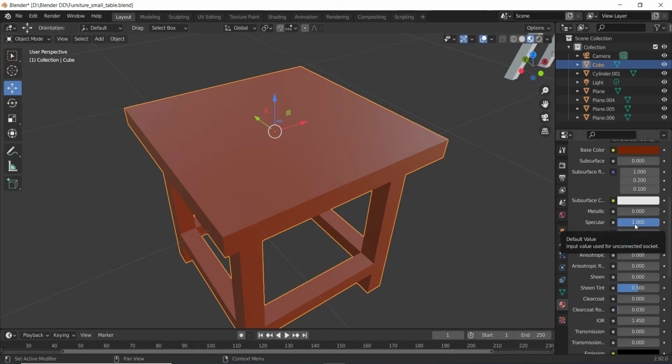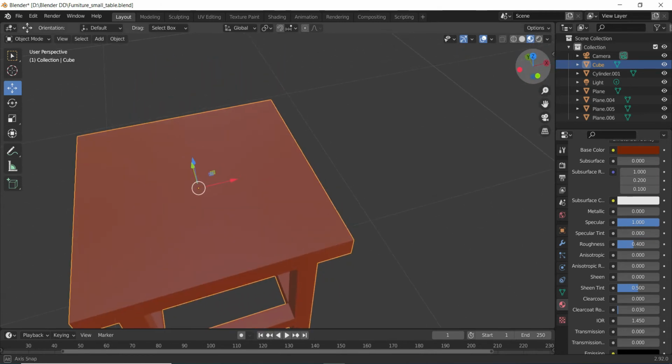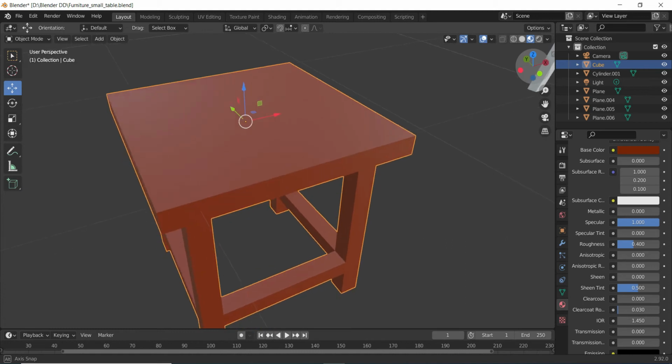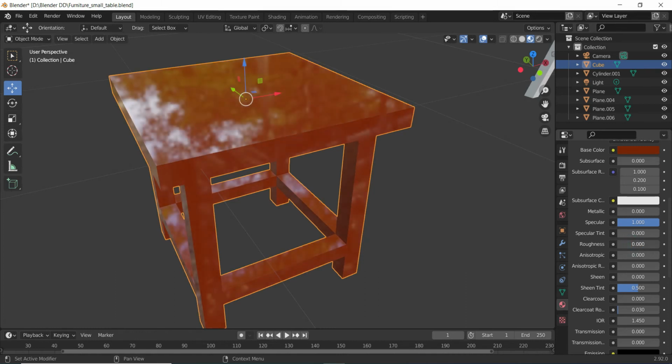But we can see that it's not looking very reflective. The reason for that is the next value which we want to discuss, roughness. Roughness actually gives a matte look to your object. It has a default value set at around 0.4. So if you reduce this, you can see some sort of reflection starting to appear on the object.